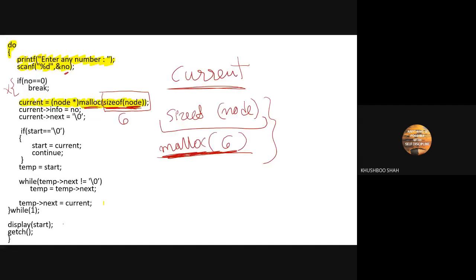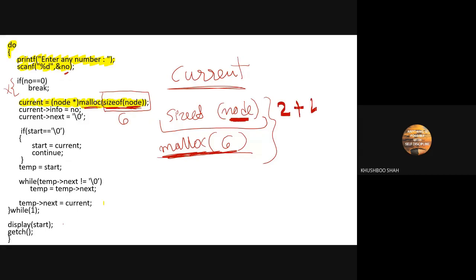It will occupy the 6 bytes, which is divided into 2 and 4. Why 2 and 4? Because our node contains 2 members, and 2 plus 4 is the size.